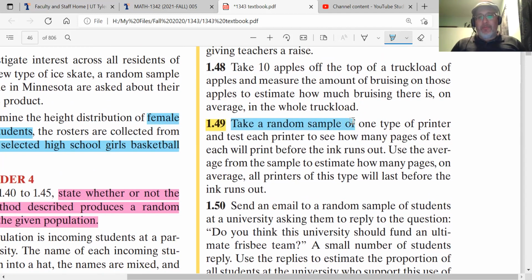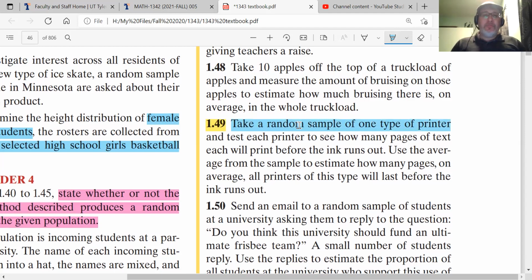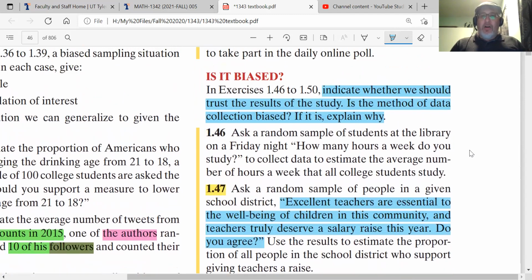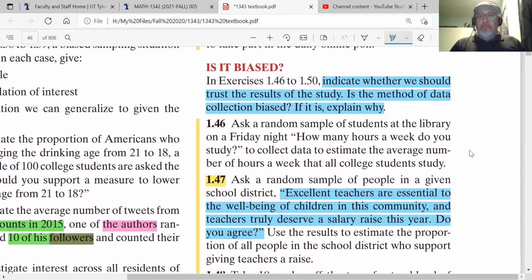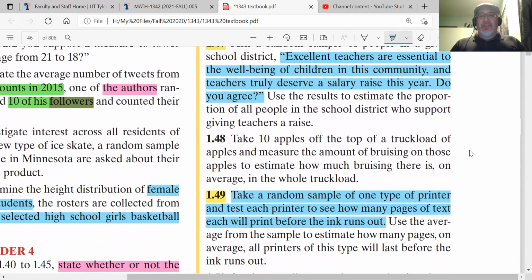Well, we took a random sample. We did one type of printer. Is there any bias in that? No, if we're just picking printers at random, we're not. And we're doing the exact same thing for each one to measure how many pages it'll print before it runs out. Unlike the previous example, there doesn't seem to be anything about choosing the sample that would influence the outcome one way or another. So this would be an example of a study that we can trust